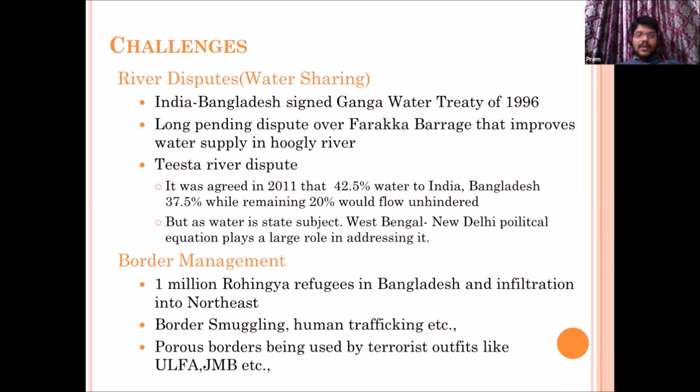Second thing, West Bengal is also genuinely concerned about water sharing. West Bengal says that the major portion of the river flows through West Bengal, so we need more allocation. And next thing, water is a state subject. You all know that. So the center doesn't have very good control over water agreements. That means finally a state has to agree about sharing of water with another state or country. So having West Bengal as part of this negotiation is also important.